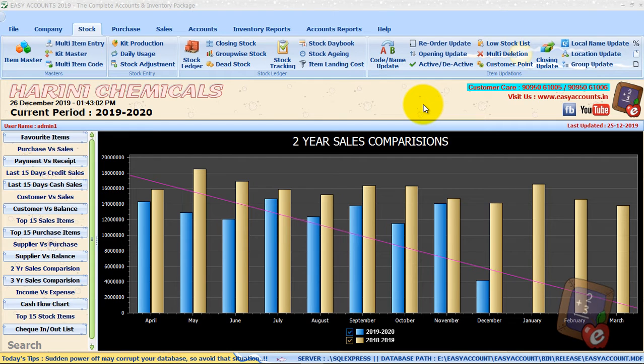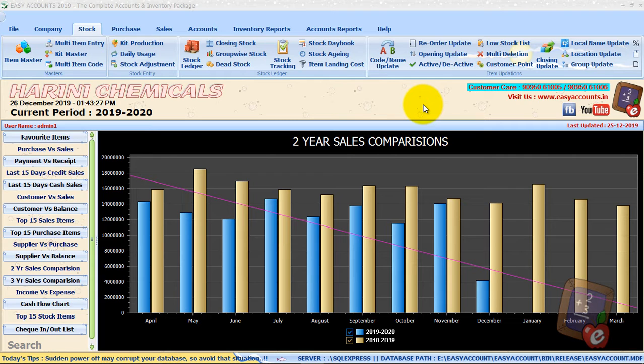Welcome to Easy Software. In our business, we are purchasing and selling items. While purchasing the items, along with the item amount, we pay lorry rent, insurance, or else the supplier may give a discount to us. All together added and subtracted, and finally we get the landing cost.